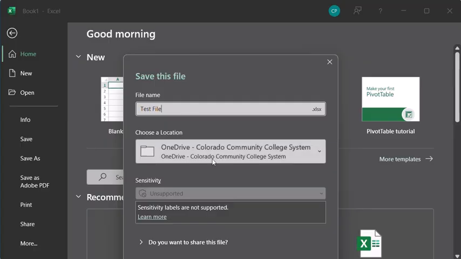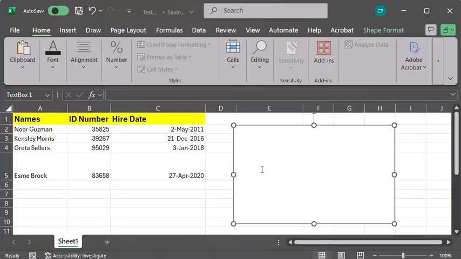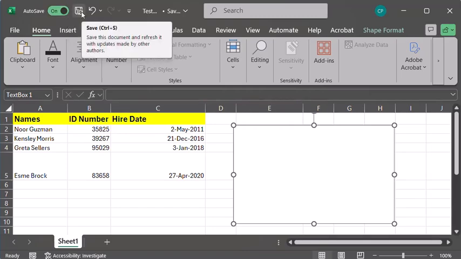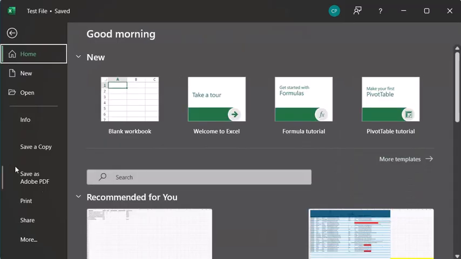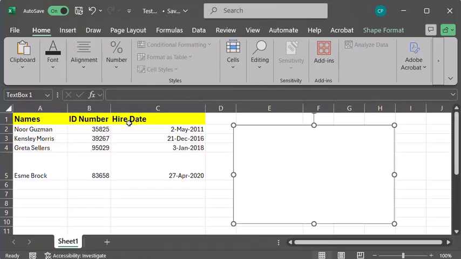And if you do choose to save it in OneDrive, click Save. You'll see that the autosave up here turns on. So this will automatically save my changes as I go. You can turn this off if you need to, and you can also force a save using the little save icon at the top. You can always resave your file as a new version or in a different place.